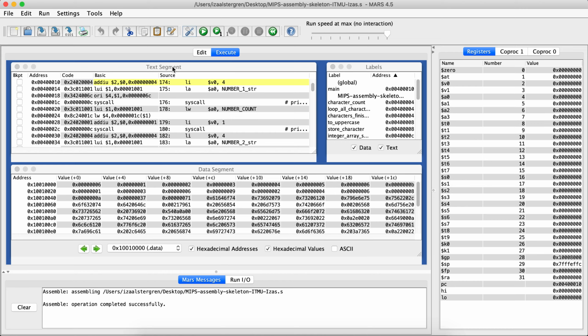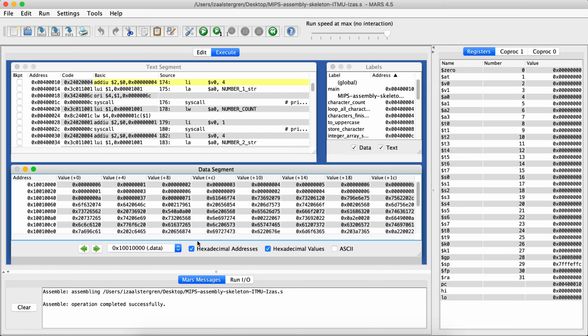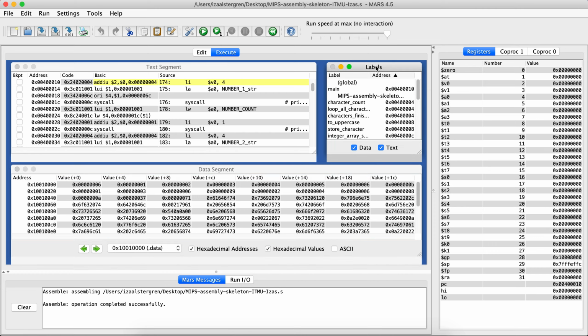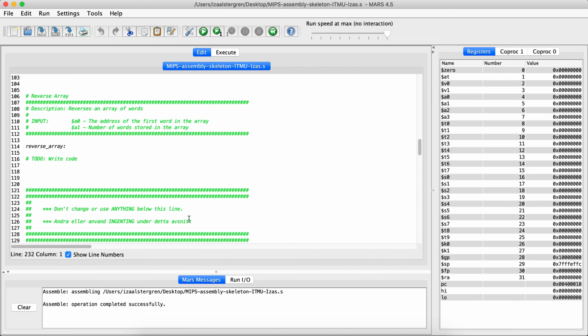And here we can see the memory. This is the text segment, all of the instructions that we have. And this is the data segment, all of the data. And this is the list of all of the labels. So we can try and look at some of the data, instructions, and labels we have. For example,